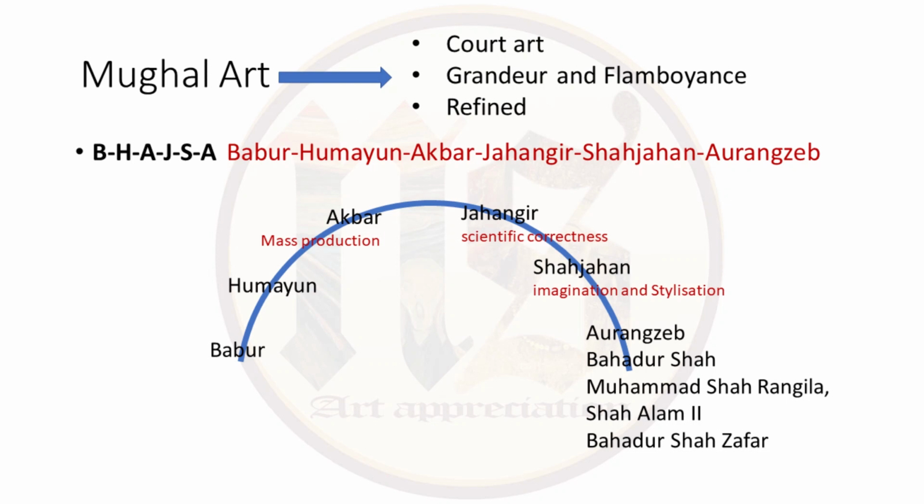Shah Jahan believed more in stylization and decoration. With Aurangzeb, there was a downfall, and later a few rulers were Bahadur Shah, Muhammad Shah Rangila, Shah Alam II and the last Mughal emperor Bahadur Shah Zafar. So this art started with Mughals and somehow ended with Mughals. Now if you want to see a few artists, like you see miniature artists of Pahari and Rajasthan miniatures who were still trying to keep it alive, there is a place in Lahore where Mughal miniatures are still kind of